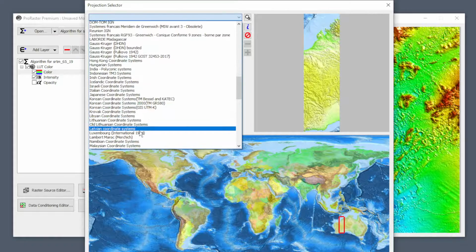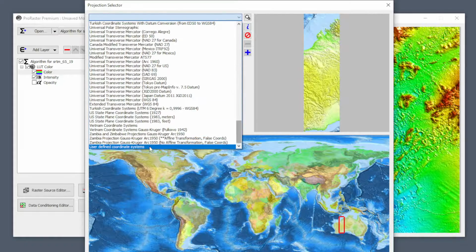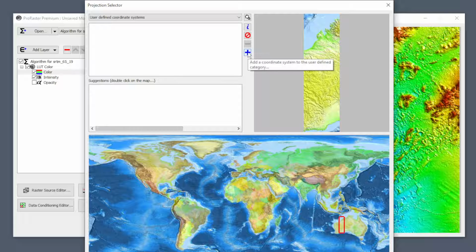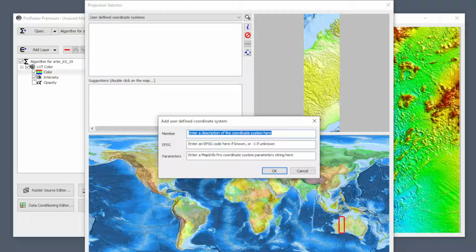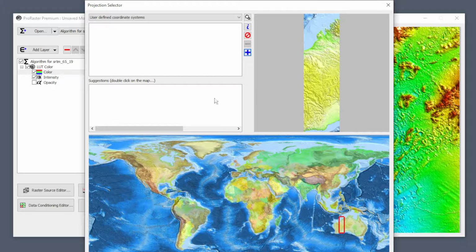The other buttons up there refer to the user-defined coordinate systems. So you have an add button to add a user-defined coordinate system. Then you have to enter the name, the EPSG code if it's known, and the parameters. The formats of those things are compatible with MapInfo, so you need to go to the MapInfo help documentation to work out how to format these strings. Once you've added one, then you'll be able to delete it